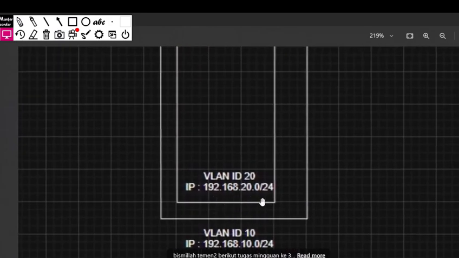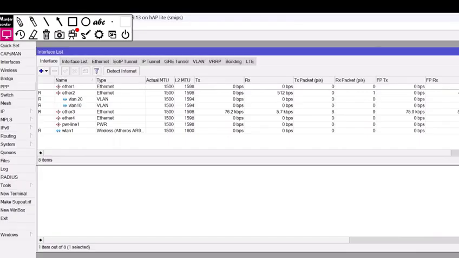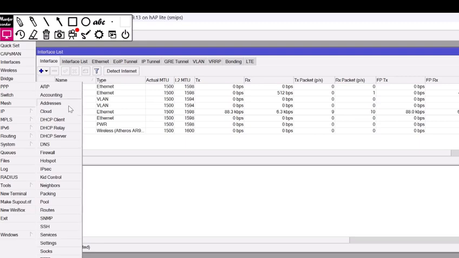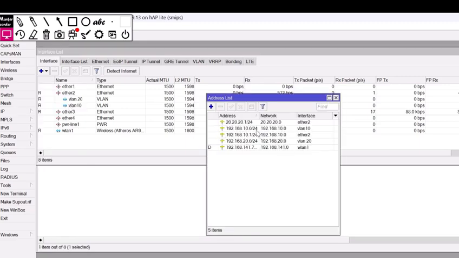We add these IP addresses here. First you edit the address. We edit the IP address for 10 and 20.